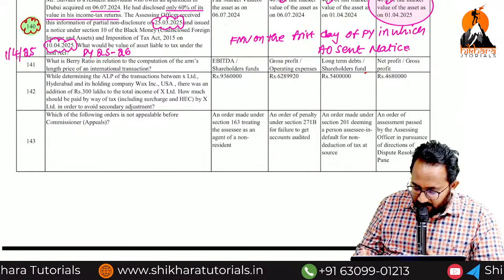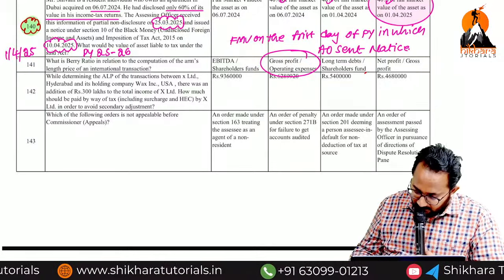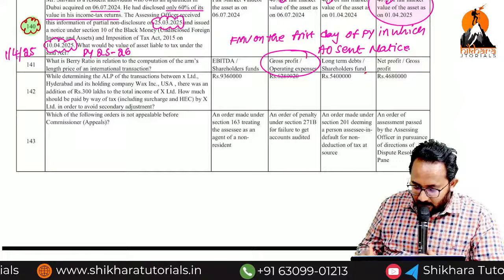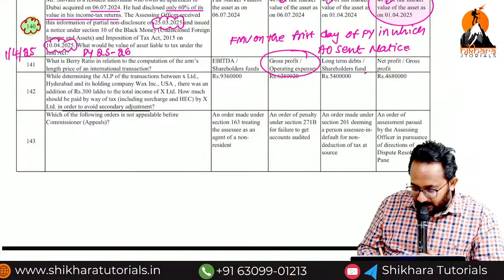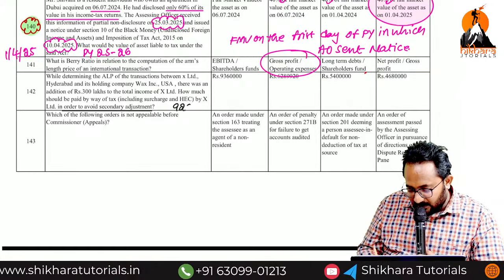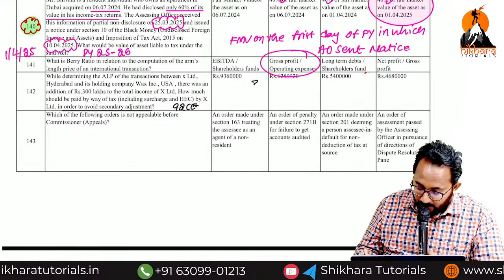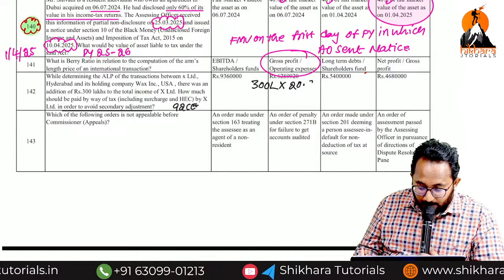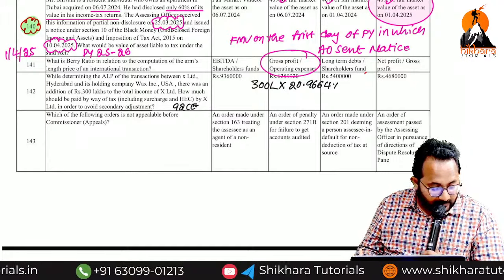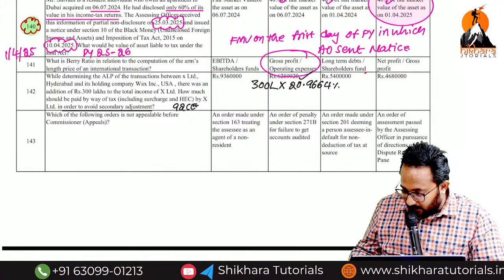Berry ratio means gross profit divided by operating expenditure. Now, in order to avoid the secondary adjustment under section 92CE, what is the additional income tax we are required to pay? 300 lakh into, yes ma, 20.9664 percent. How much amount will it be? I think 62 lakh